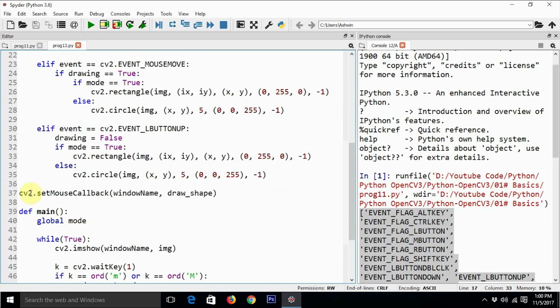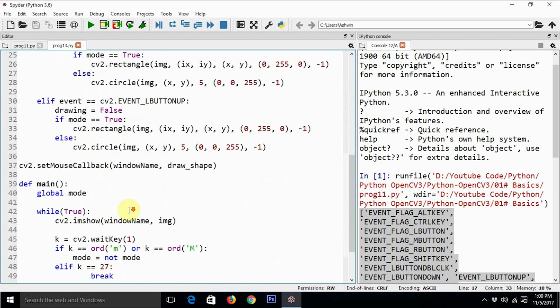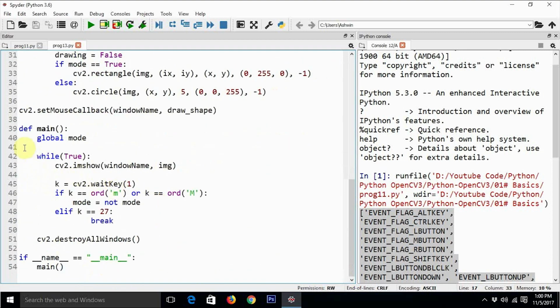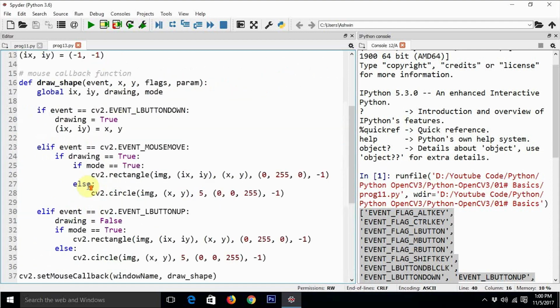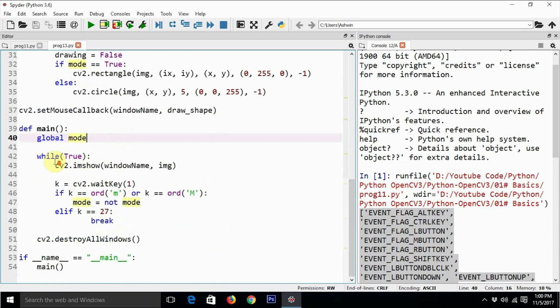And then we are associating this draw shape mouse callback function with the custom created window, drawing demo, okay. And then we are going to run all these things through a loop. So we are here using global mode because mode is the global variable that we are planning to use here. Okay, so now let's see how the main loop works here.